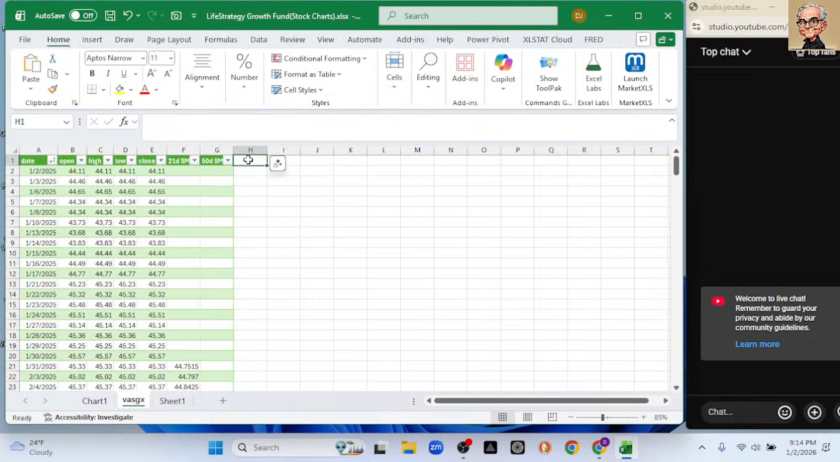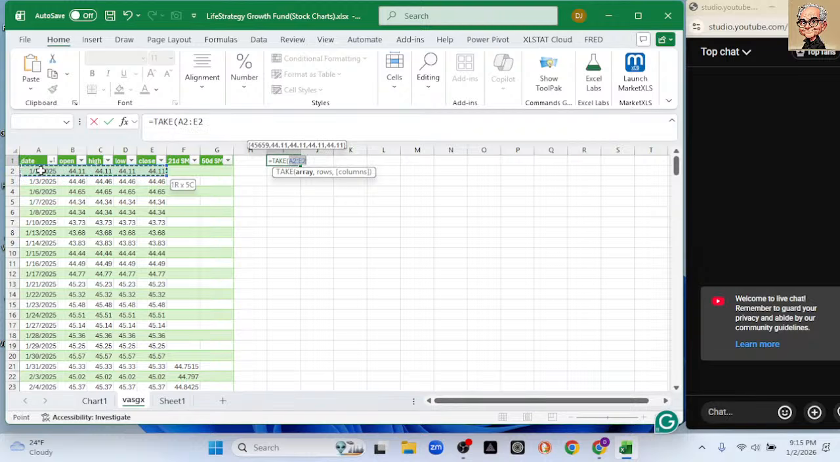Let's do a 50-day. So let's start over here. Now we're going to use a take. Yes, I know, take is my favorite Excel function. It really makes it a lot easier to select, like,